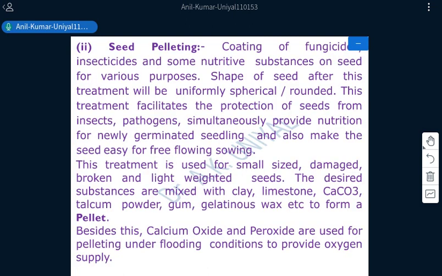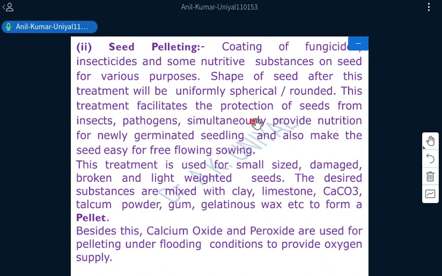Then we have the next treatment under this category, that is seed pelleting, which is again the coating of fungicide, insecticide, and some nutritive substances on the seeds for various purposes: to protect against insects and fungi, to help in free flow sowing, to enhance germination, and to provide supplementary nutrition to germinating seeds. Okay, the shape of the seed after this treatment will remain uniform, spherical or rounded,